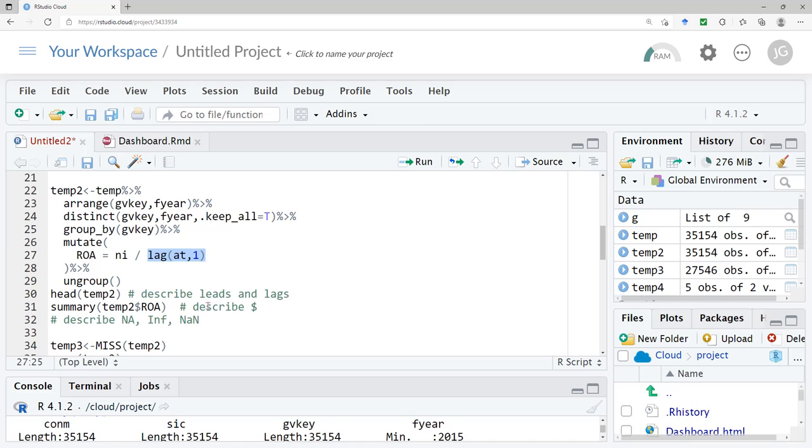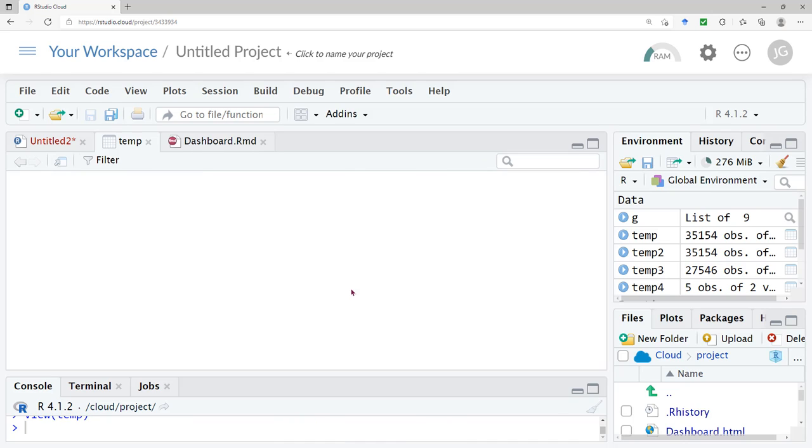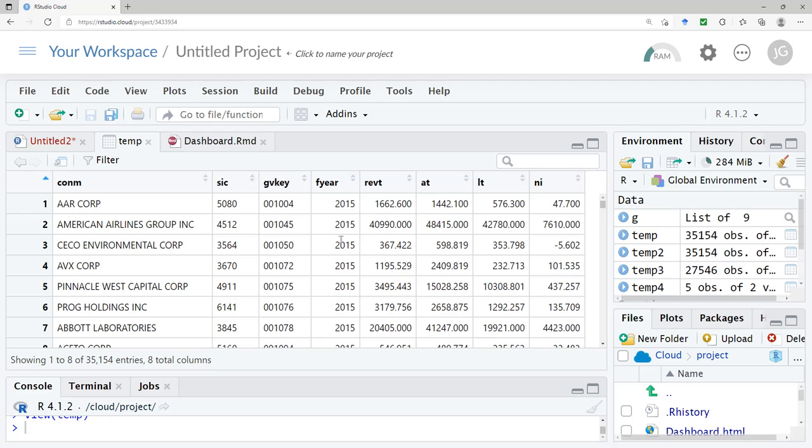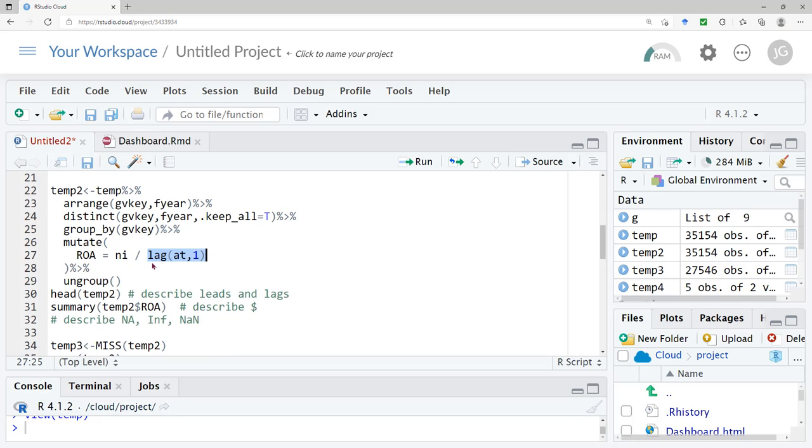Well, how we do that in the data, if we look at what the data looks like again, notice right now the data is sorted by year and then company within that year. So if I wanted to get the data for the same company from a prior year, we need to arrange the data a little bit differently. So we're going to sort the data by company identifier and year. So when we run this,